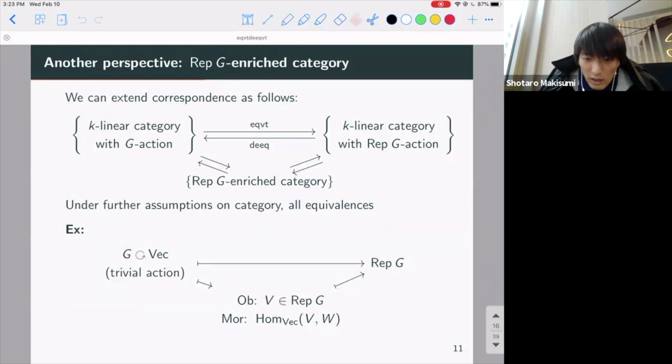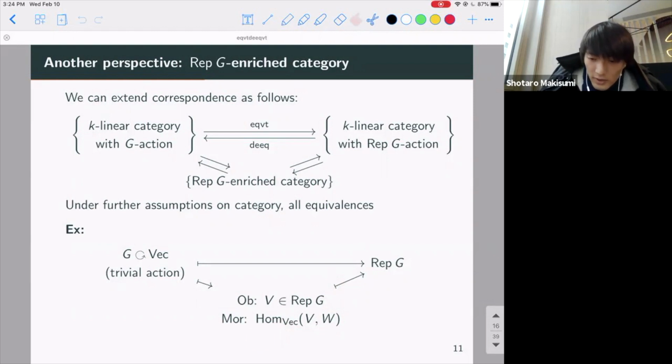So that means that the Helm spaces themselves have an action of G. Let me just do this example for equivariantization. In this example, I can factor equivariantization into 2 steps. In this intermediate category, I still look at G-equivariant objects, but the morphisms are going to be all morphisms in the starting category. I just ignore the G-equivariant structure that I just added.